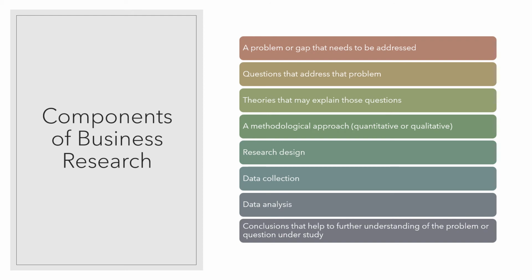The components of business research include a problem or a gap to be addressed, questions that address that problem, theories that may explain those questions or problems, a method approach, which could be quantitative or qualitative, a research design, a way to collect data and the process of collecting that data,